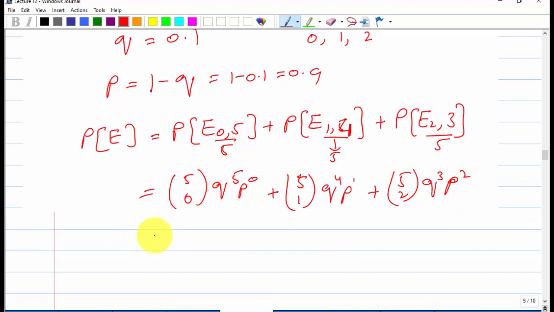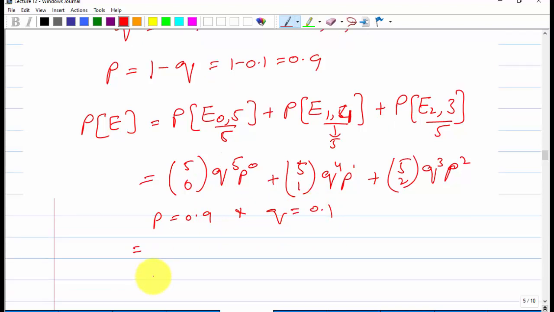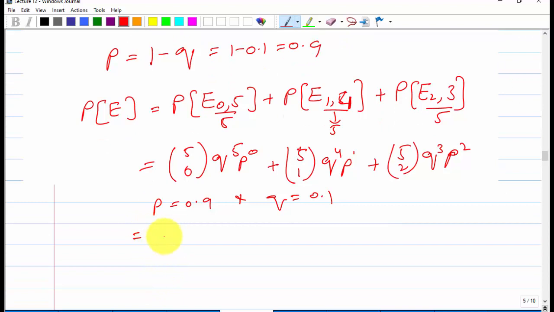Now putting P equal to 0.9 and Q equal to 0.1, I will just write the final answer, that would be